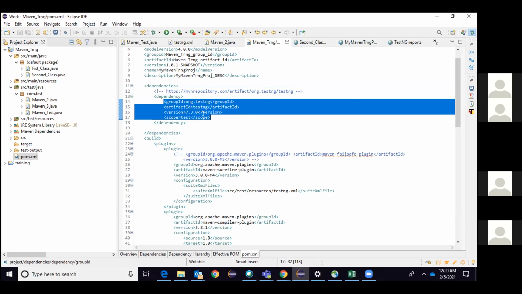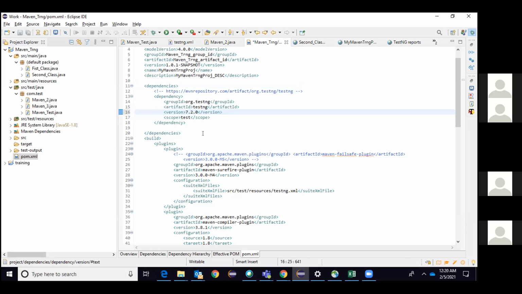So if a new version comes, what is the problem? I can go and change the version here to 7.2.0, and then the new version will automatically come. I don't want to work on it, I don't want to worry about it, and my project will not have any delays or issues. The only thing is that I need to go and change the number here.